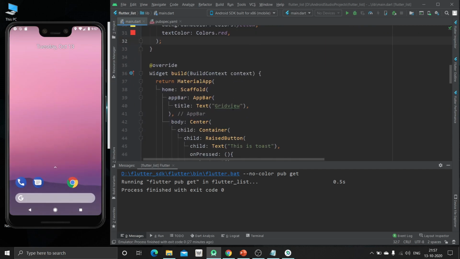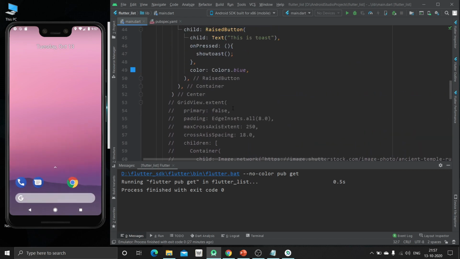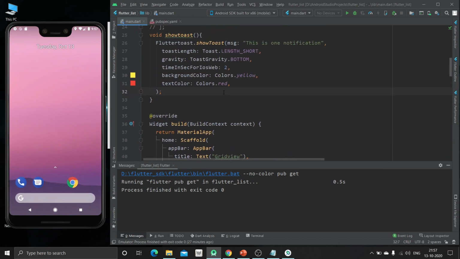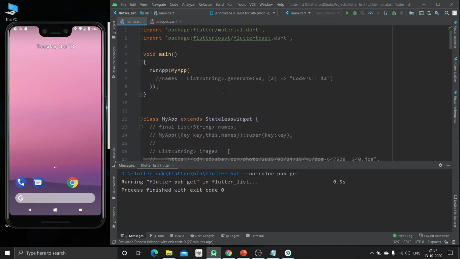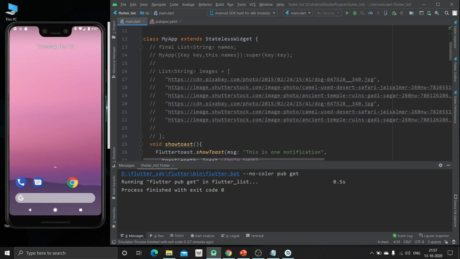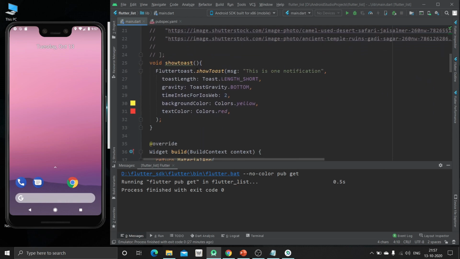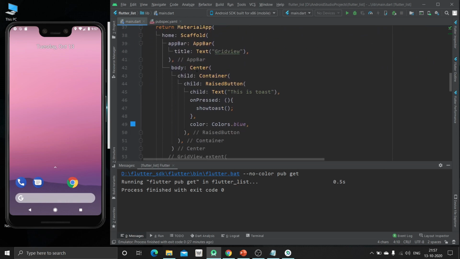Now it will take some time to reload our whole app, as this hot restart will call our main function again, so the running will start from the main function, and in hot reload it will only load the changes which we have done.